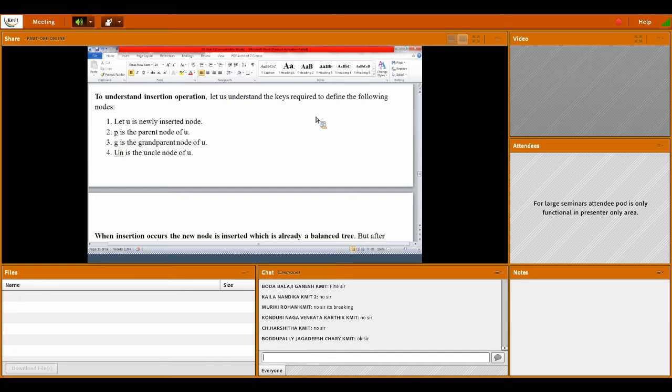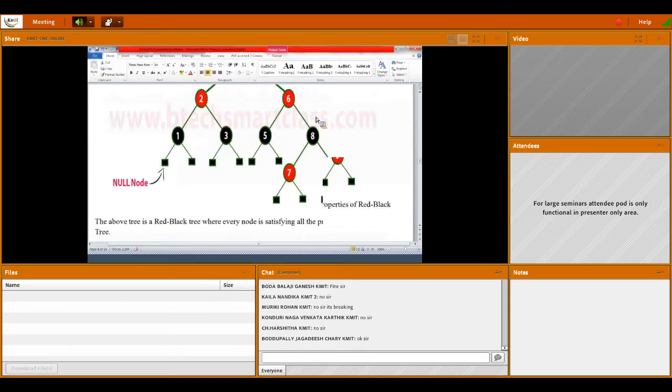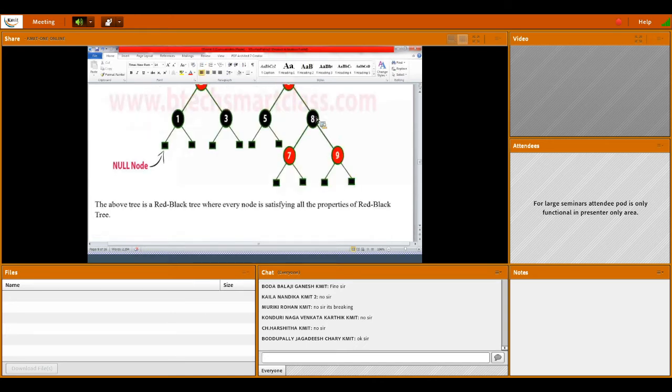The nodes we have to see whether, and another point here, there is a red black tree. In some scenarios, if you see this red black tree, there is no need to do all the operations throughout, because there may be 100 nodes or 1000 nodes, so much data. In such a scenario, it is very difficult to do rotation and recoloring for the entire tree. So there is no need of that.